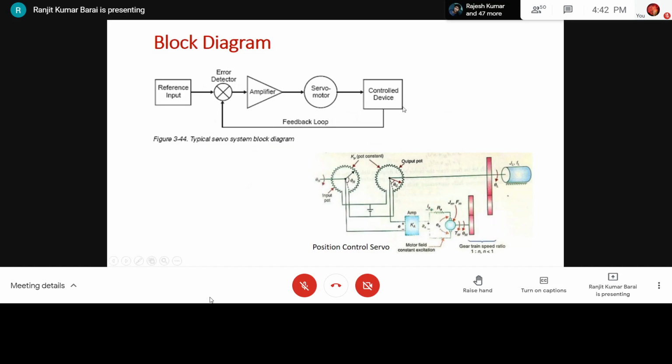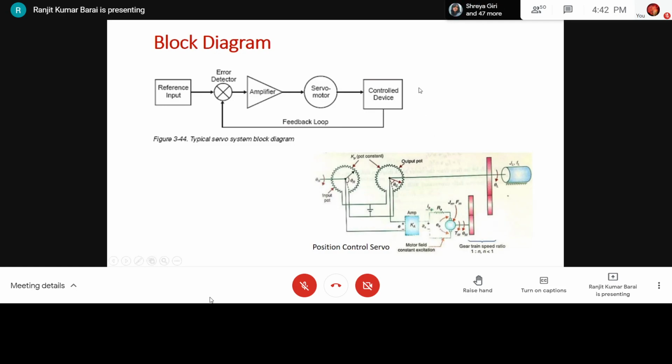It is called a servo motor. The term servo is derived from servant. Actually, the mother word is servant. Servant means it obeys the command of the master, so from that the term servo came. It tracks the commanded or reference input, commanded position or velocity or acceleration, the commanded motion. As this motor is doing this tracking control, it is called a servo motor.